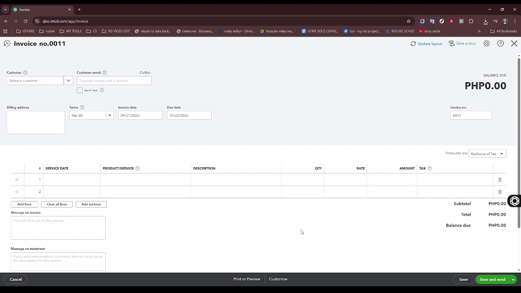After saving, you typically receive a confirmation message indicating that your changes were successful. Keep an eye out for this notification to make sure everything was processed correctly. By taking these steps, you've successfully edited an invoice, ensuring your sales records remain accurate and reflective of your current